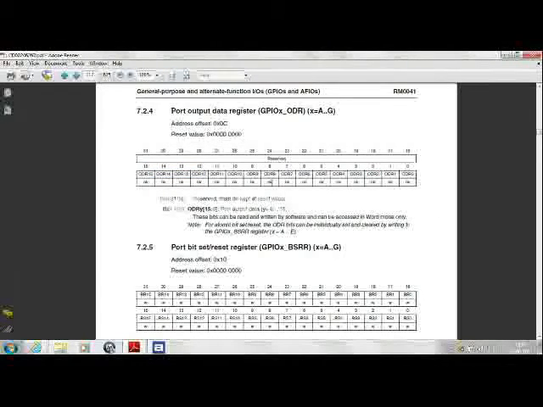This is because on the kit the LED is connected physically to the GPIOC's 8th bit. So what does the description say? It says that if you want to make a port pin 1, then you have to write 1 to this bit. If you want to make it 0, you have to write 0.